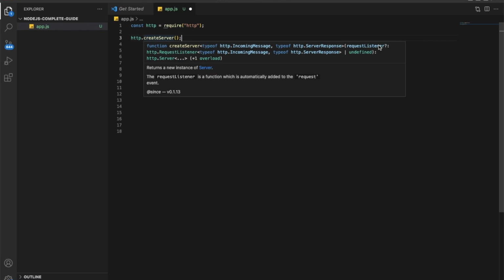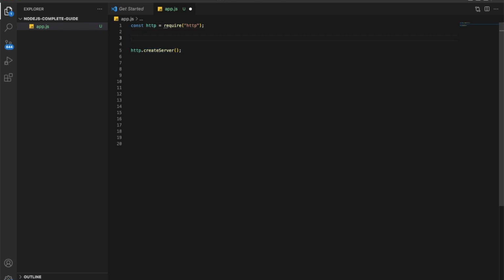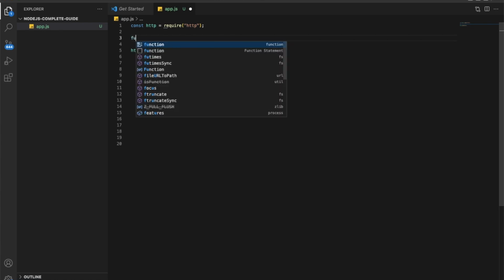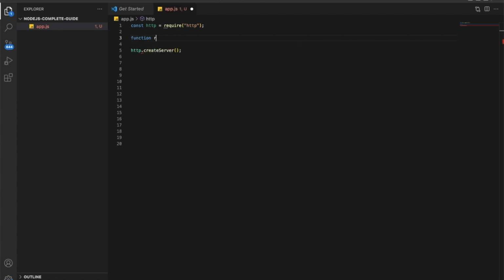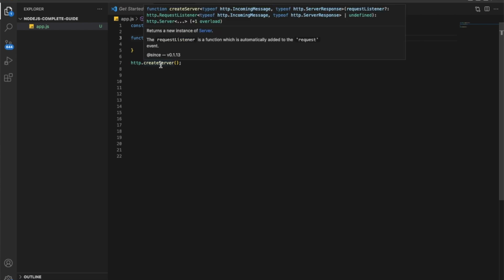So let's define such a function. For this, I will create a new function with the function keyword. We can name it however you want, rqListener, or whatever you want. The name is totally up to you. This function has to receive two arguments. You can see that here, if you hover over that, the request listener receives a request which is of type IncomingMessage and a response object. So in short, Node.js automatically gives us some object that represents the incoming request and allows us to read data from that request. And it gives us a response object, which we can use to return a response